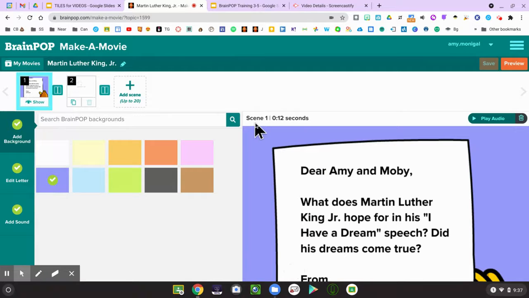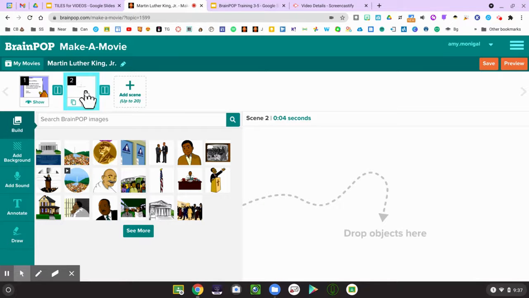Now, where it says scene 1, it tells me my scene 1 is 12 seconds because that's how long it takes for that audio, and I can play that audio or I can delete that audio by clicking on the trash can. If I want to add a scene, scene 2 is right there, but there's nothing in it yet. So I can start by building that